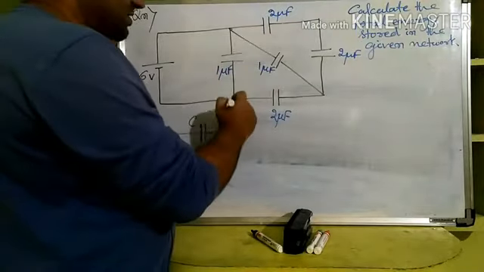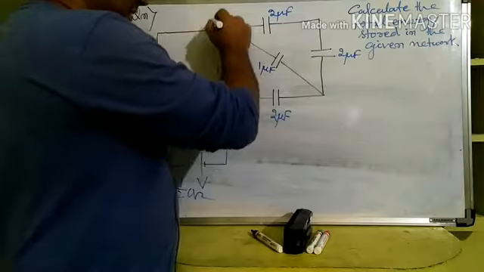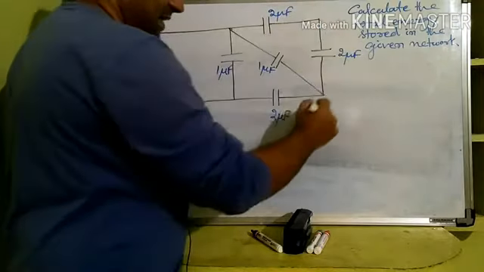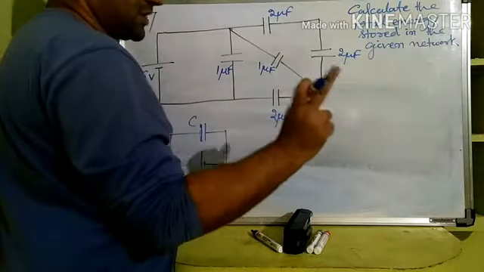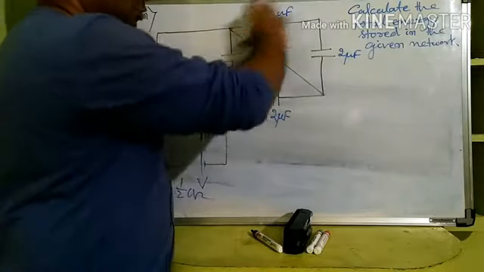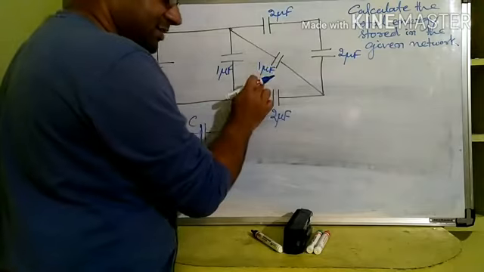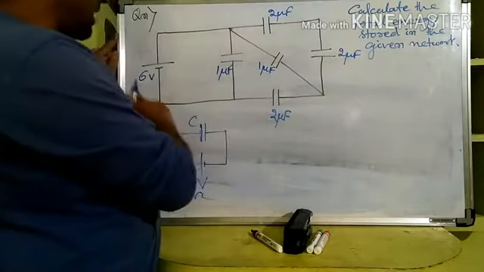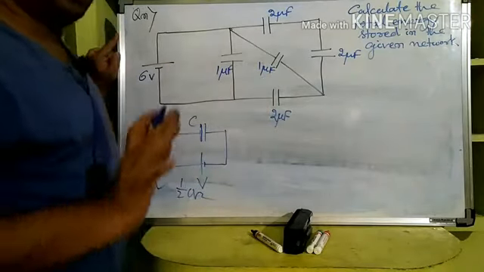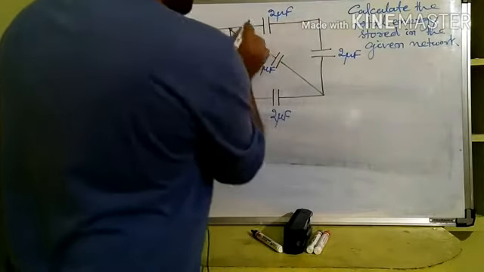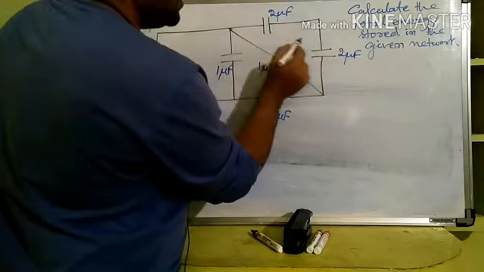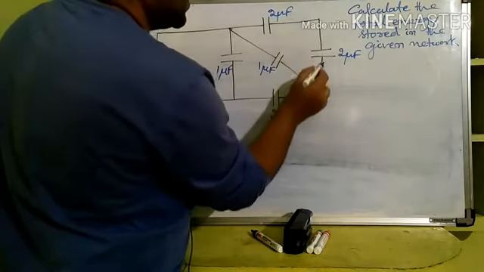What we need to do is find the net capacitance of this entire system, this entire network, as a single capacitor which will be equivalent to the whole network. After calculating the net capacitance of this network, we simply put it into half CV squared to get the answer. Okay, now see, this capacitor and this capacitor are in series, right?